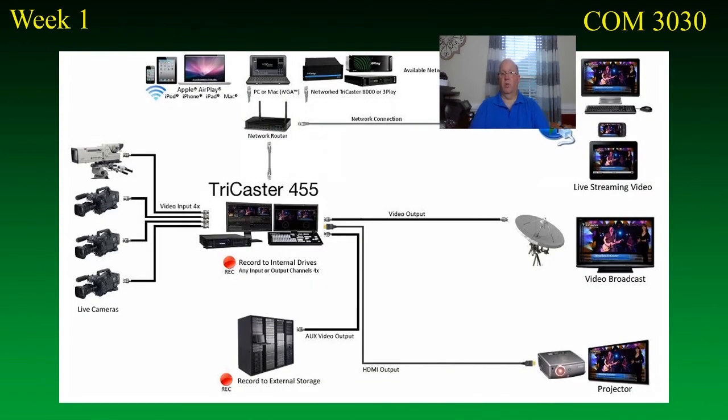This would be a much more elaborate signal flow. This would be, for example, for a multi-camera shoot. So if you look over here, you've got 4 cameras. Each of those 4 cameras are going into this unit, which we actually have one of. This is called a TriCaster. And so the TriCaster takes that, and they've indicated here that they're recording a video output for some reason. Now, we wouldn't really do it this way. We would be recording it internally, but hypothetically, if you wanted to send out analog video, you could.